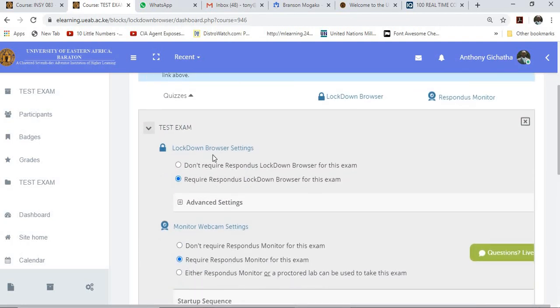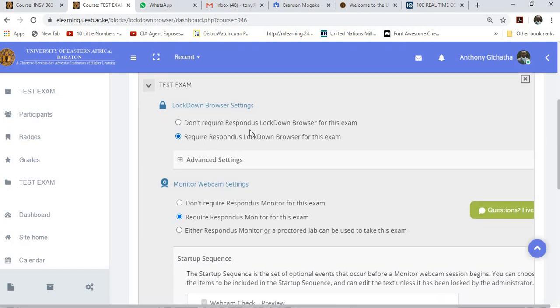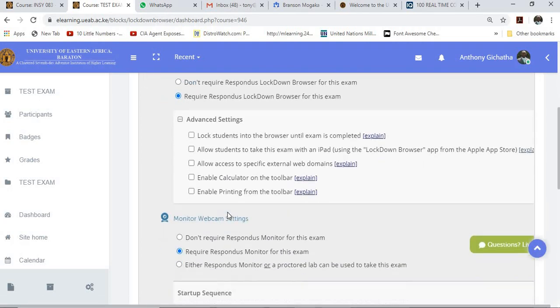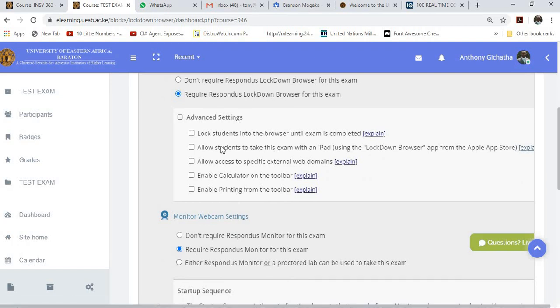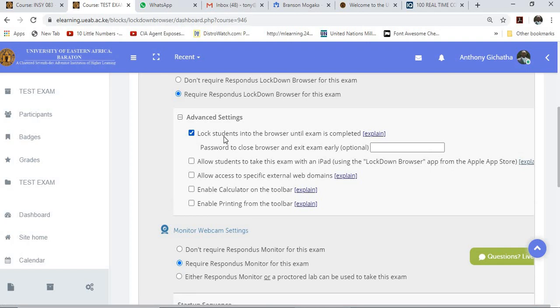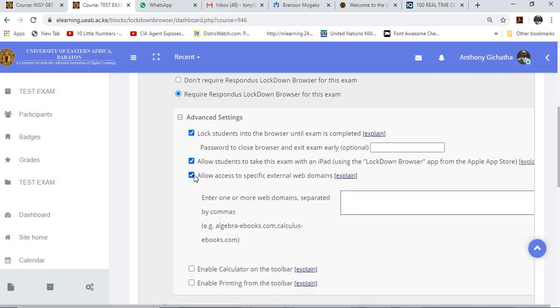Now, when you come to the settings for the lockdown browser, once you say that it requires it, you can go to advanced settings, and in the advanced settings, you can lock down the student browser until the exam has completed, and you can optionally indicate a password there in case the invigilator would like to end the lockdown browser. They will be asked for a password, and once they put it, then the lockdown browser will exit the screen. You can also tick allow students to take this exam with an iPad,